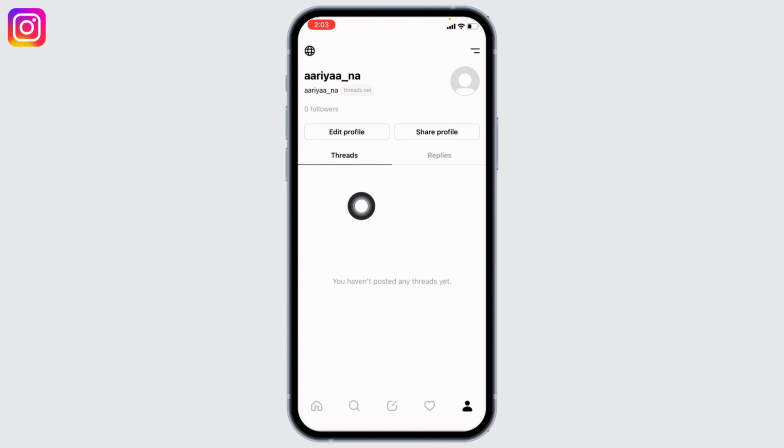Head towards your profile. From here you can edit your profile as well. So this was all for this video. This is how you can easily log into